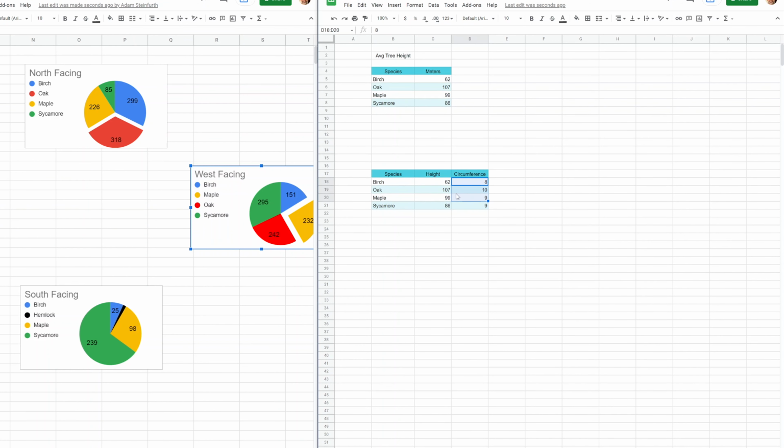So we'll be displaying more information here on the same chart. So you have to be very careful that things don't get cluttered because that can happen quickly. So we'll select this table of data and we'll do something a little bit different.